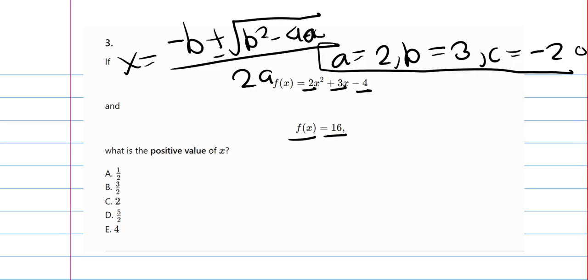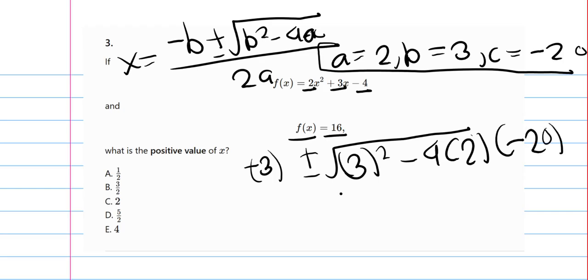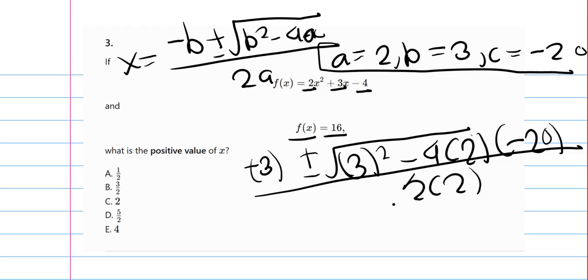Sorry for the interruption. So negative 3, we're given that plus minus square root of 3 squared minus 4, and we're given 4 times 2, and negative 20, and 4. Basically 2 times 2. Okay. So the output of this entire value